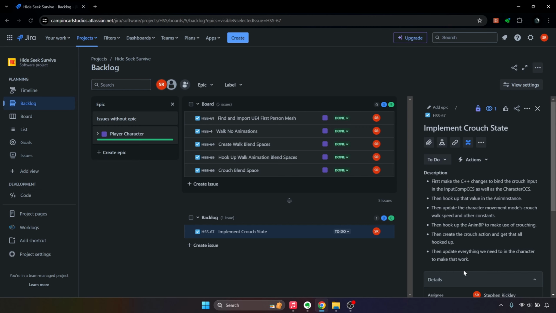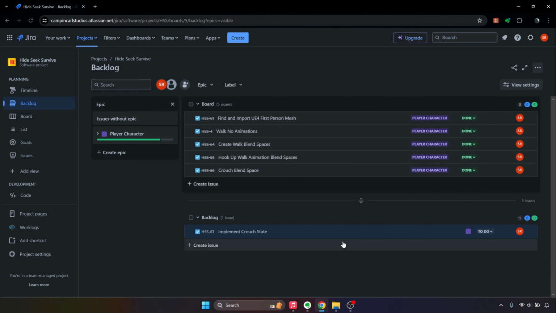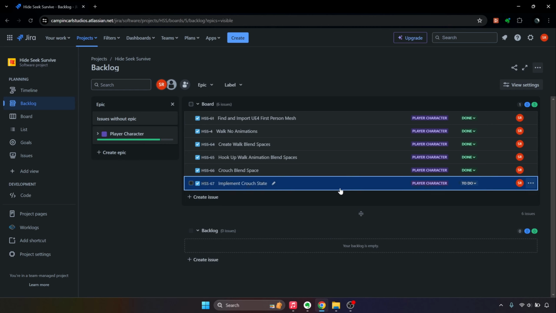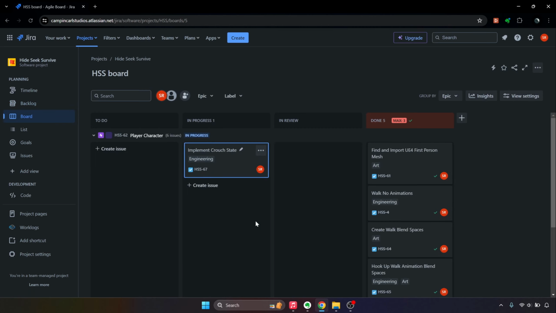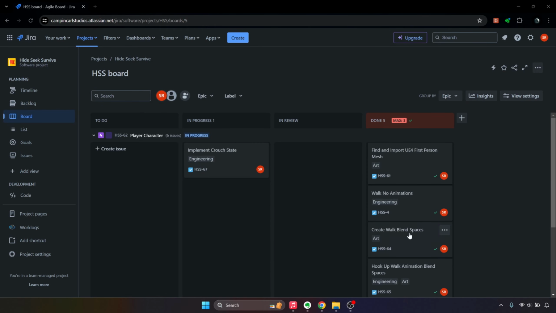And we have a few C++ changes to make as well, as I mentioned. And we'll set our parent to player character. This is an engineering task. I know you're probably pretty happy about that because the last couple episodes have been very art heavy. Alright, we drag that in, go to our board, and move it into in progress, and we can get going here. So open up P4V,